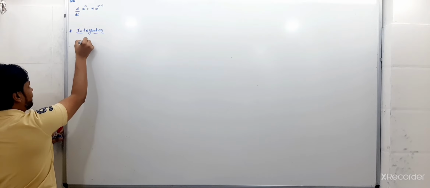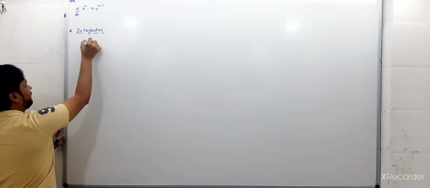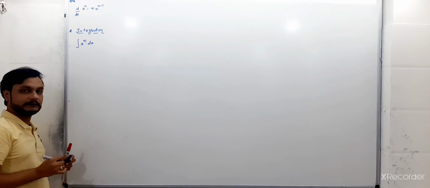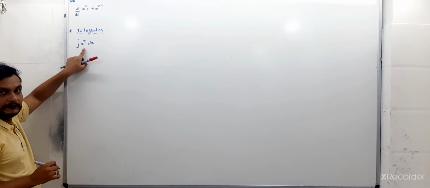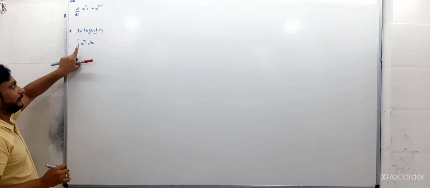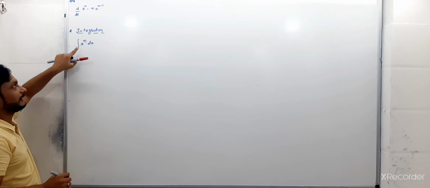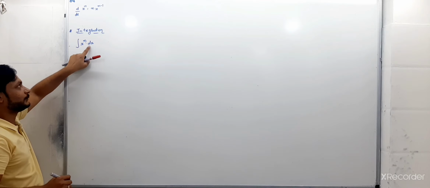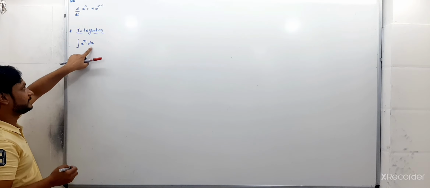So x raised to n power we have to integrate. For that we will multiply by the smallest amount, and this is the sign of integration. So remember this sign. Before this value we have to write it like this, a long S, and multiply by the smallest amount. For x, the small amount is dx, so multiply by this value.